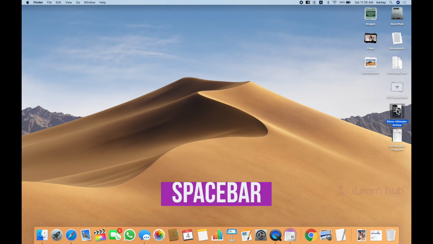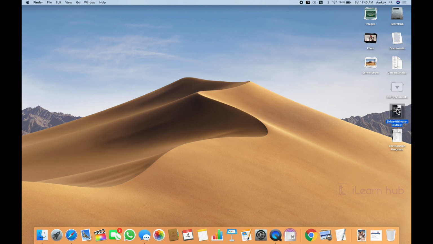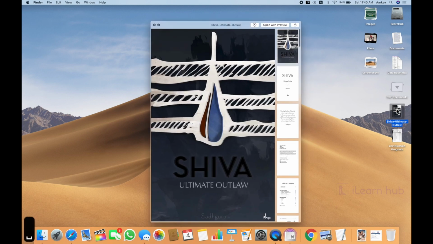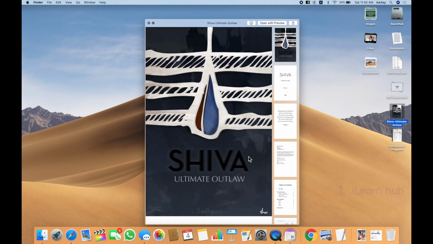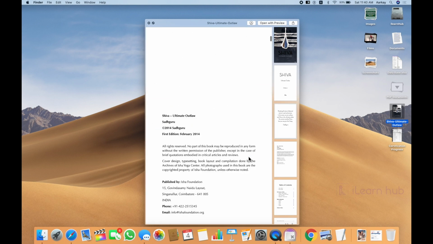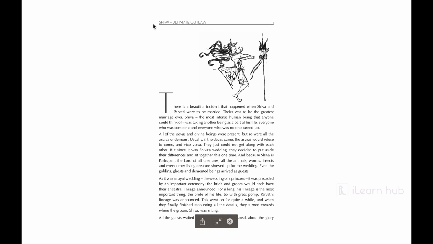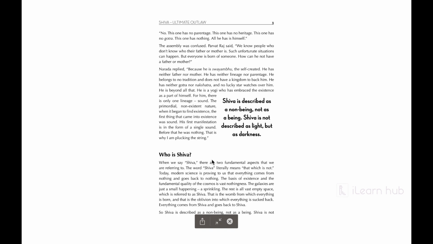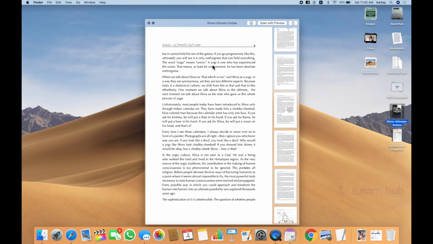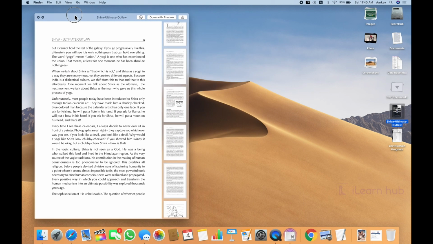I'm not saying double click to open the file. I'm saying use spacebar just to open, and if you want to scroll down, and if you want to read, you can even do a full screen mode. You can straight away read the document here without opening any particular file or particular application.